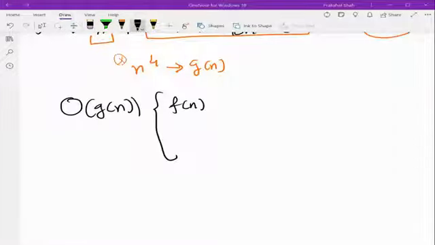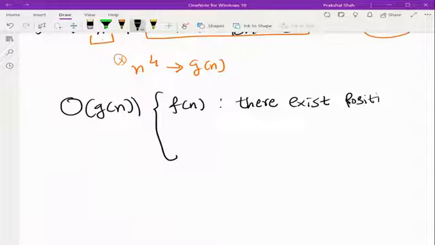There exist positive constants n0 (n naught) and c,